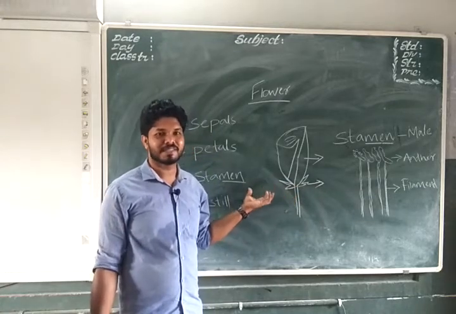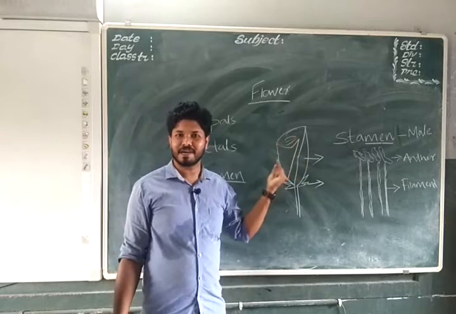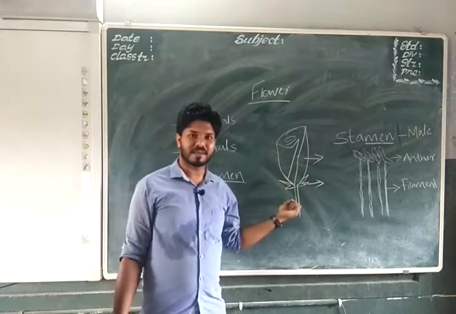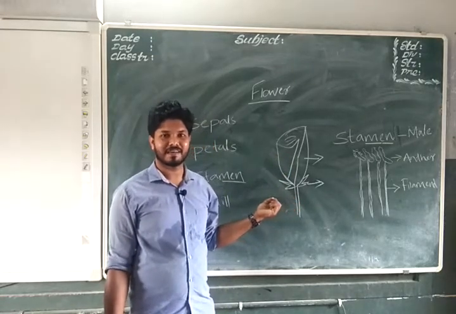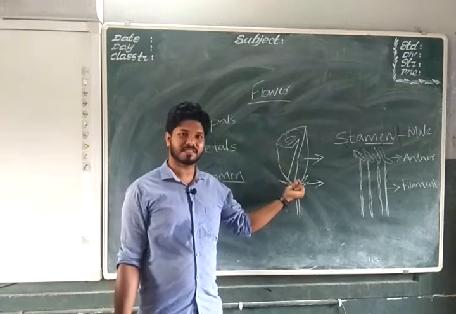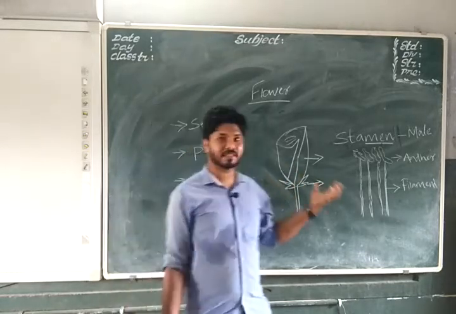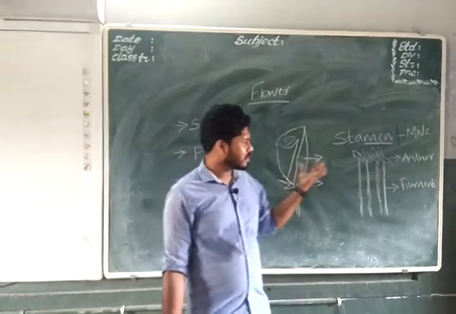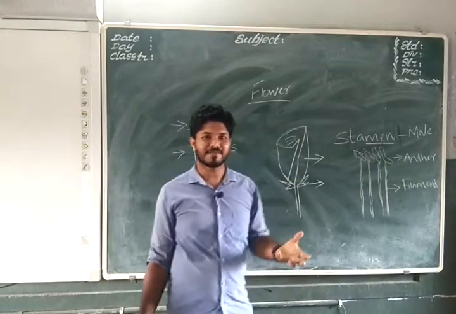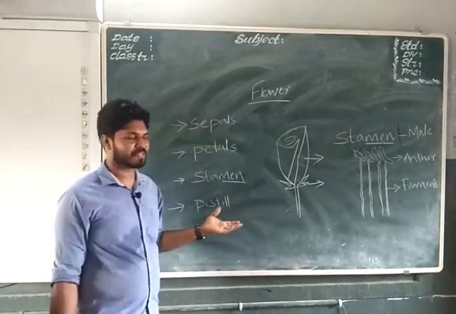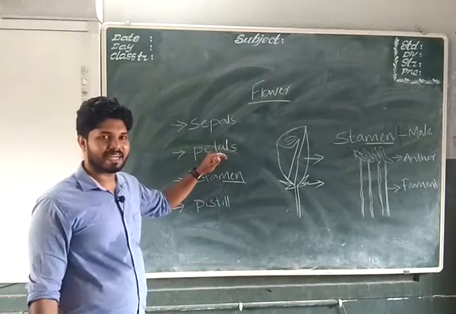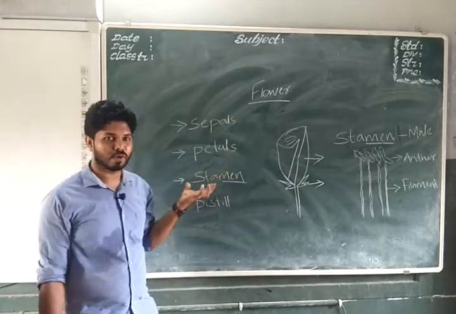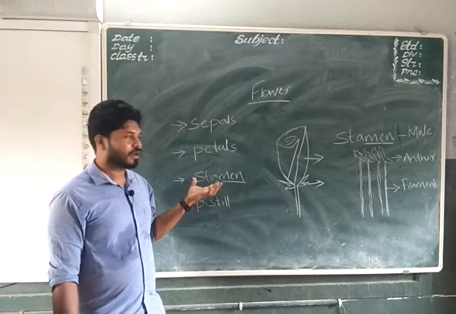And also sometimes some of the flowers possess honey also, nectar. A very sweet substance that is present in flower is called nectar. Nectar means the sweet substance present in the flower. Nectar also attracts insects towards the flower, and those insects carry these pollen grains into another flower. Hence pollination happens. So petals do an important function in a flower, that is to attract the insects or the agents of pollination. I hope it is clear.